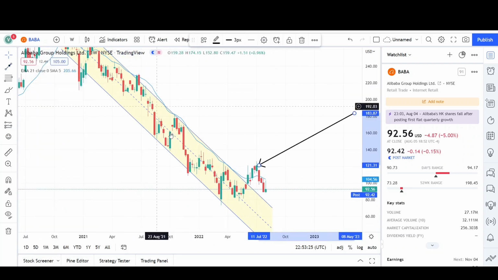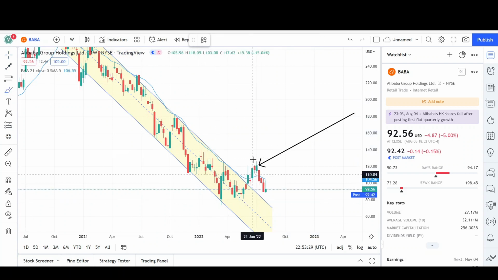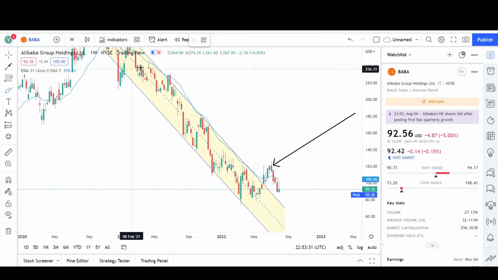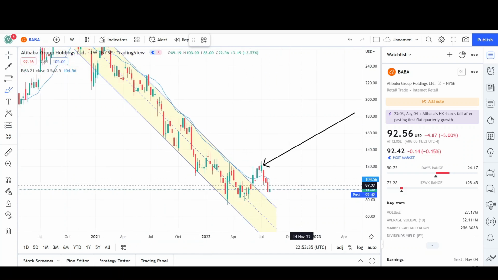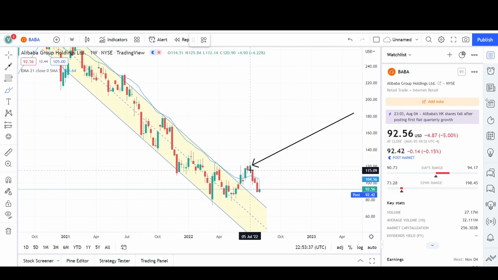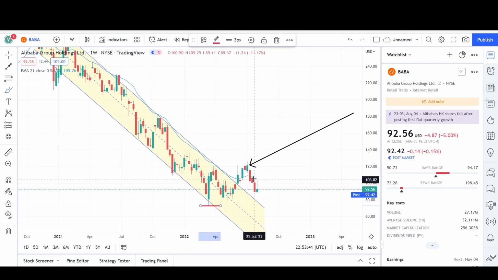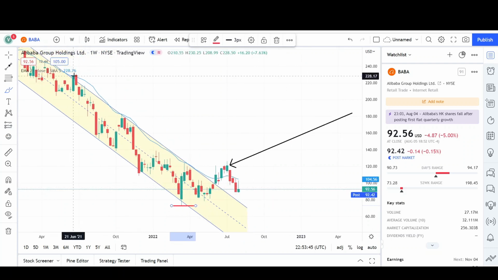You can see that prices were in this channel for a few years. We got a break of the channel, got a break above the EMA, which was not done for a long time. So it looks like buyers are near or close by. Prices did break down through the EMA again because they're coming back to retest this prior low to complete the pattern. You can see that we had 3 consecutive red weeks, and even this week is pretty bearish, because